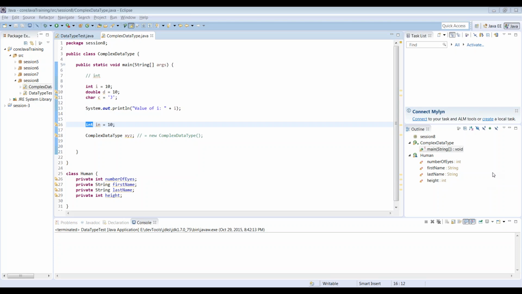Another question is, can we store values in decimal, octal, or hexadecimal number system in an integer variable? Let us see whether we can do it or not. Int x is equal to